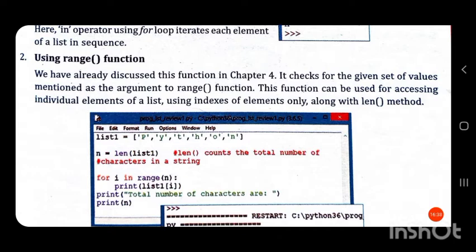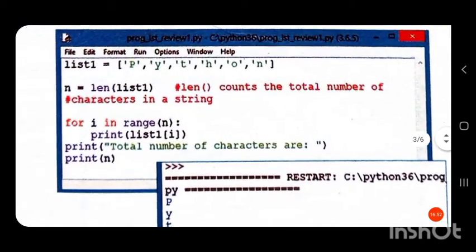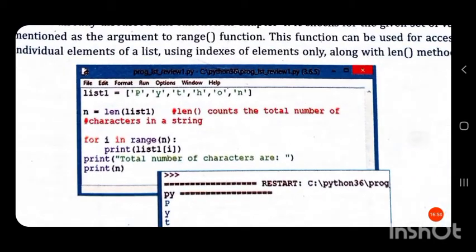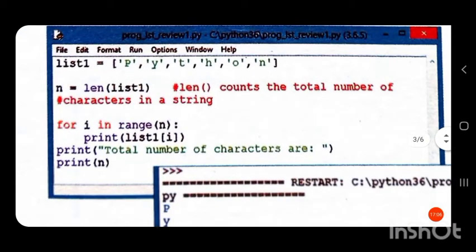This function can be used for accessing individual elements of a list using the index of elements only, along with the len function method. So here we have a list. In that list the elements are strings enclosed in single quotes: P, Y, T, H, O, N. These are individual strings.